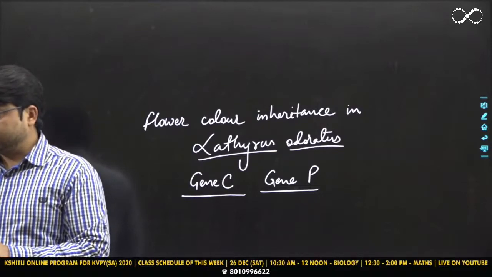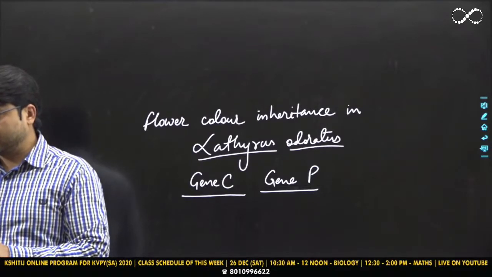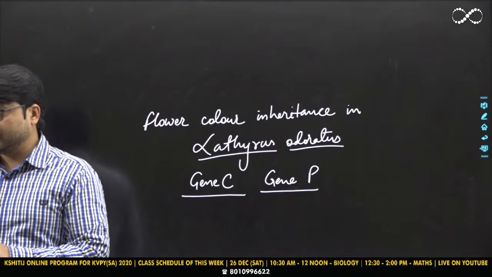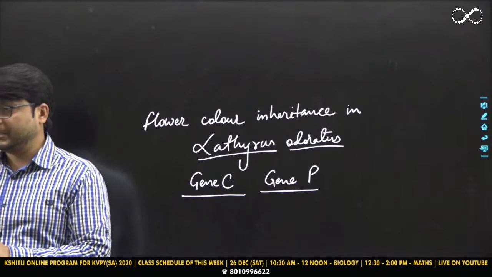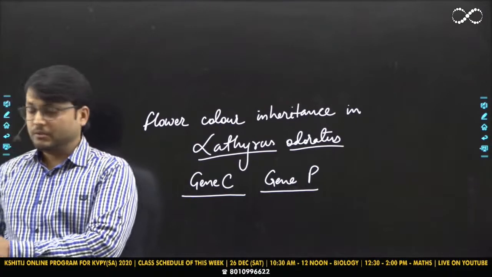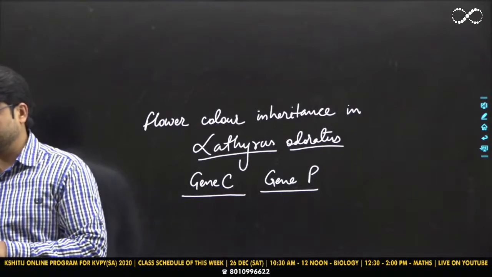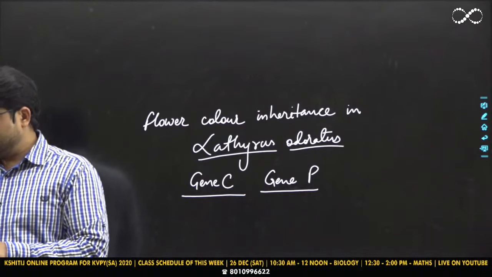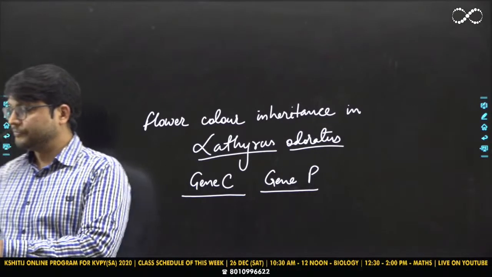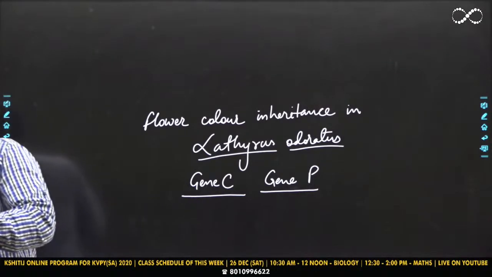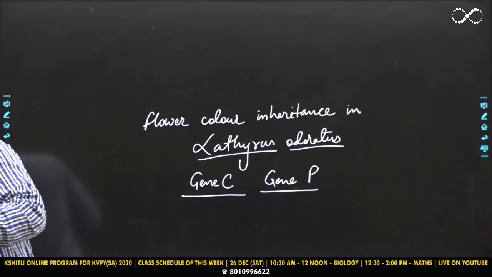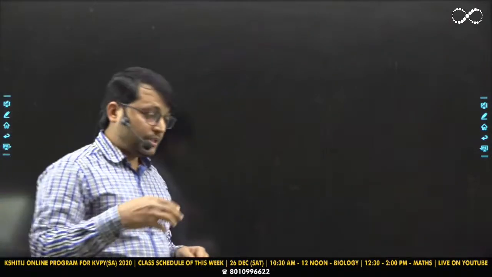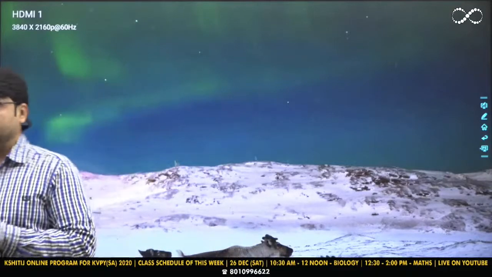These days, a lot of questions are being asked from them, for obvious reasons, because genetics is playing a key role. Now let me tell you how it is playing a key role these days. Recently there was the case of sickle cell anemia treatment using genetics, okay? So using genetics, we have already treated sickle cell anemia with the help of biotechnology.